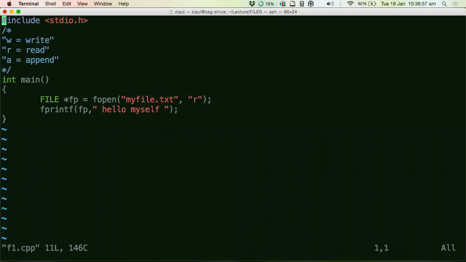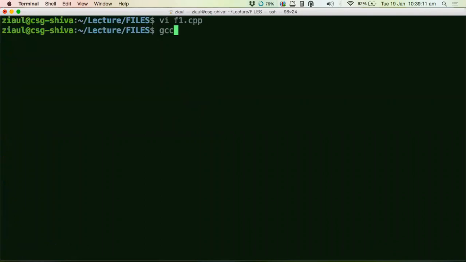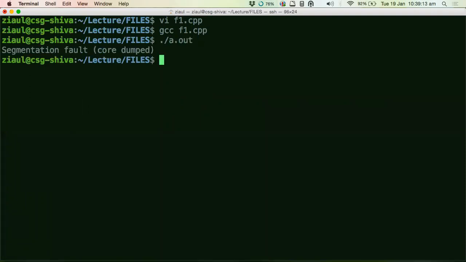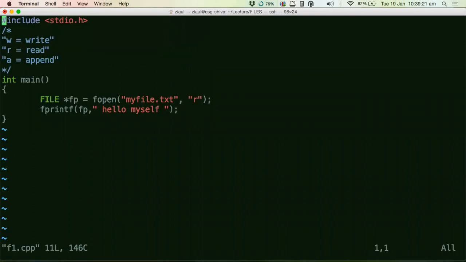See, what is happening here is I have deleted the file called myfile.txt. There is no file there called myfile. I just deleted it, and I'm trying to read from that file now. So I'm trying to read from a file which does not exist. Let's see what happens. See, I get a segmentation fault. Why am I getting a segmentation fault? Because I'm trying to access a file that does not exist. That's why I got a segmentation fault when I was using read with a write. The file has to be there, right?